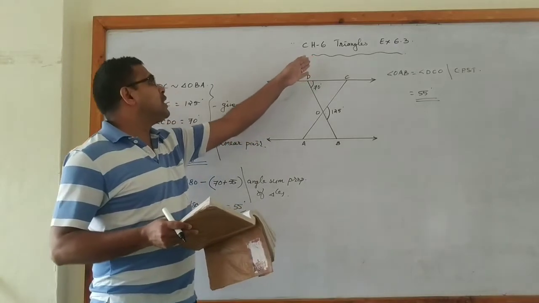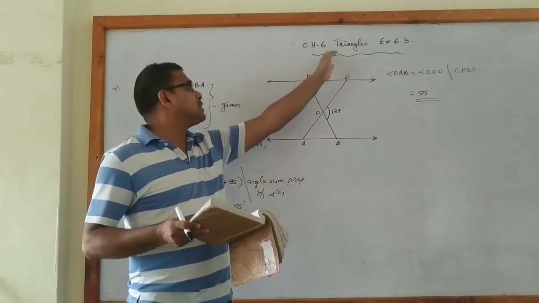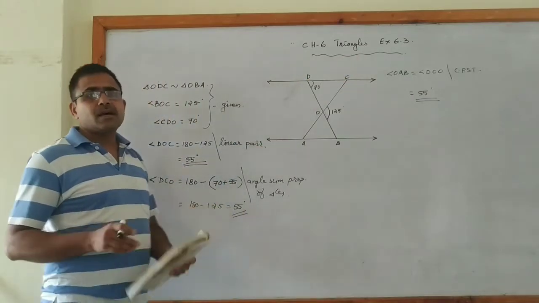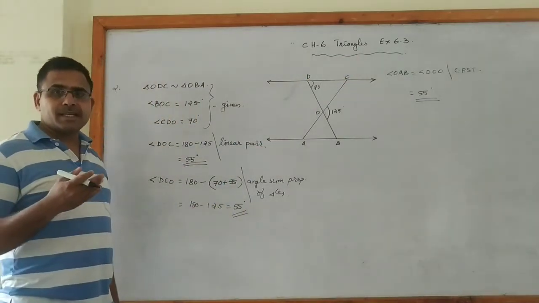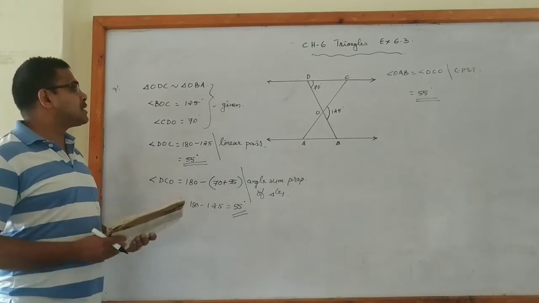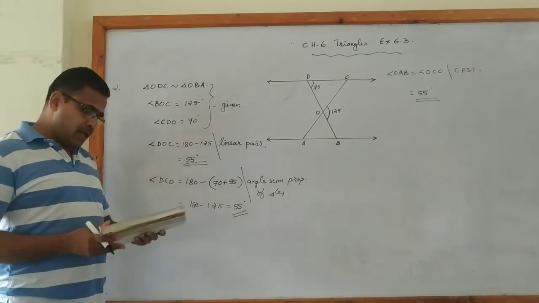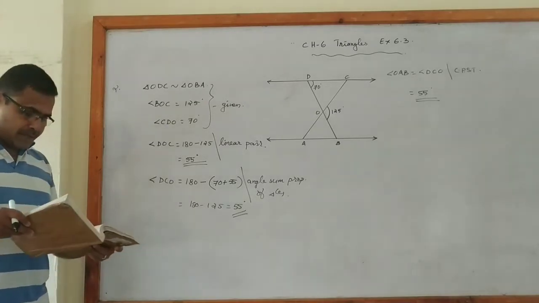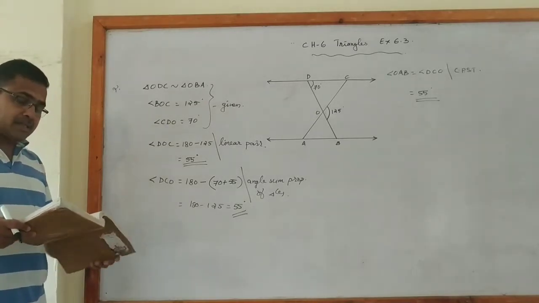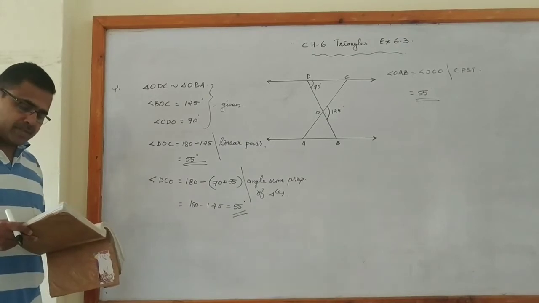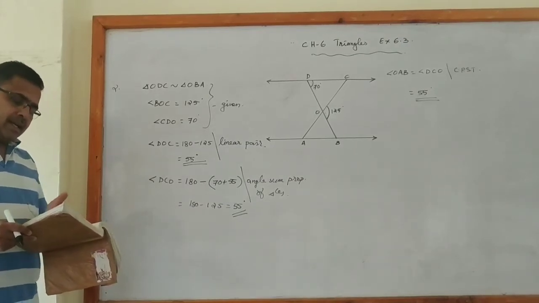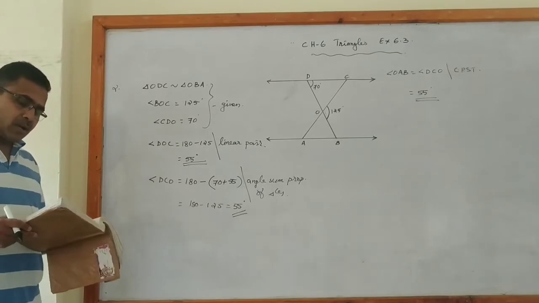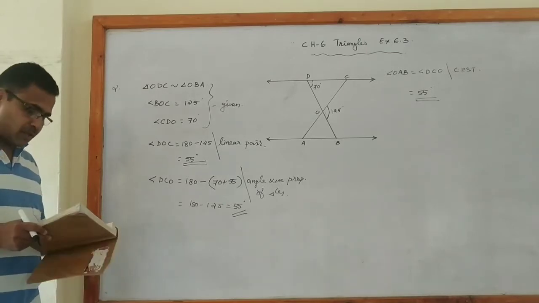Children, today we are going to chapter 6 continuation, chapter 6 triangles, exercise 6.3. In last class we studied about the different similarity criteria. By using such similarity criteria we are doing exercise 6.3. See the first question. In the first question some pairs of triangles have been given, diagrams are given. You have to check, using our similarity criteria, which pairs are similar or not. Very easily you can do that. You do it as homework.